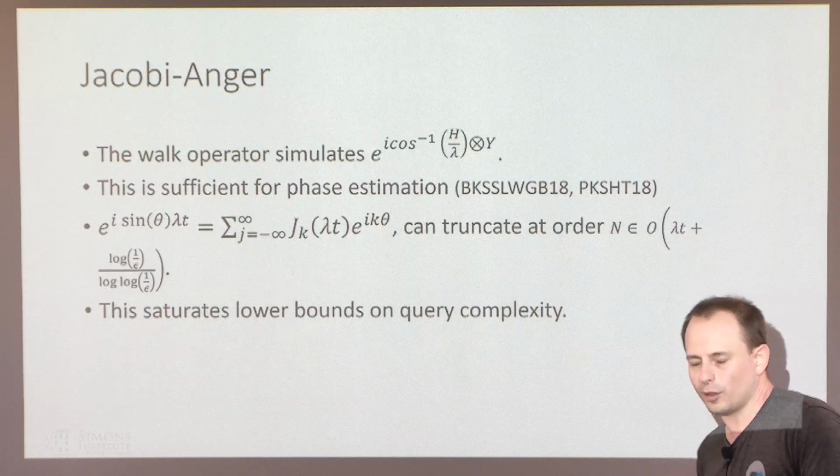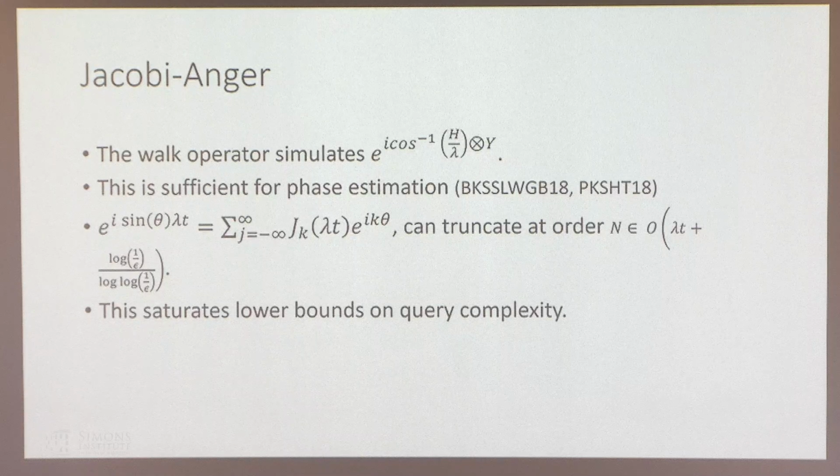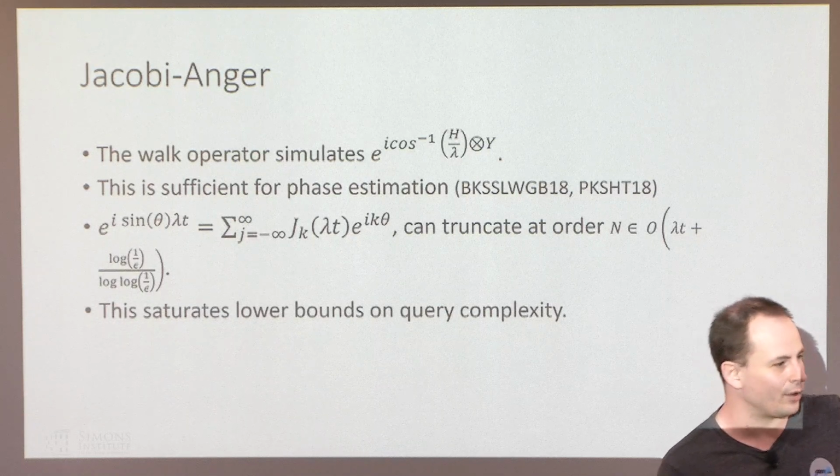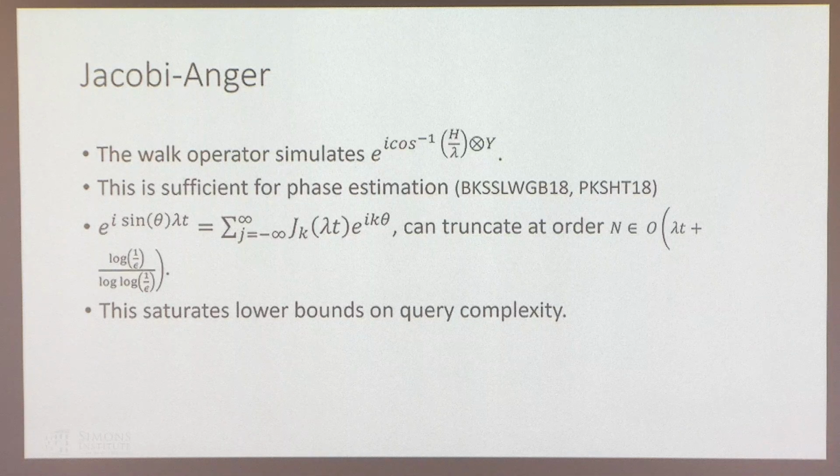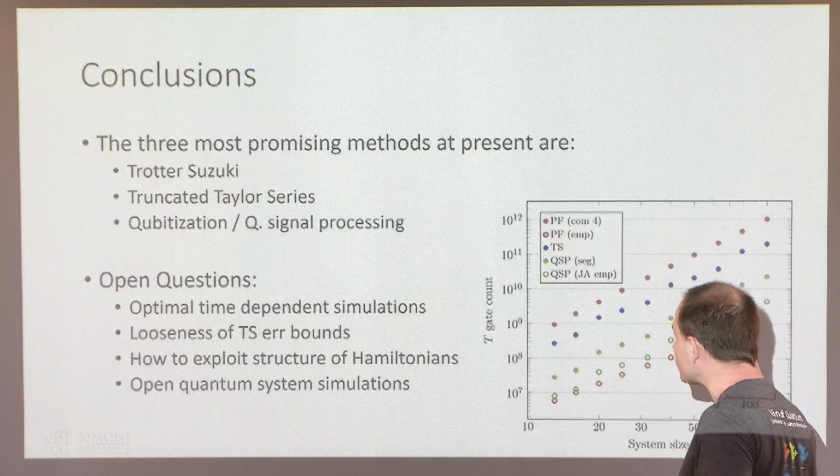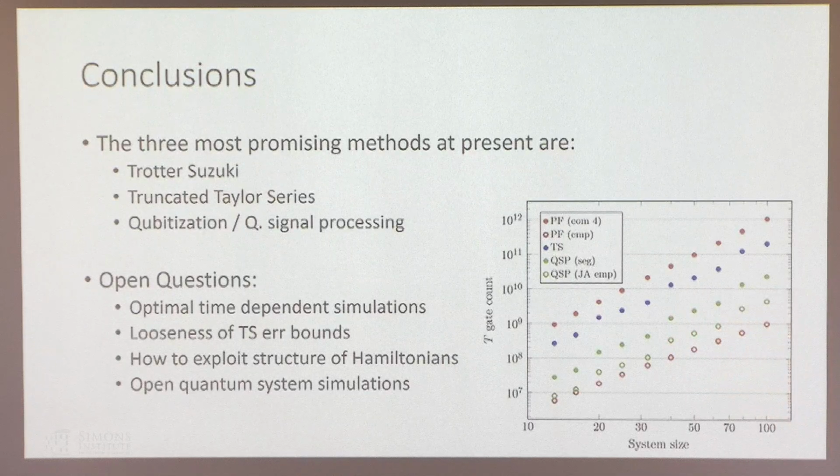So this formula, coupled with either linear combinations of unitaries or this technique called quantum signal processing that Guang Hao and others invented, give you a method for doing this. And so that's how this method called qubitization works. So to conclude,